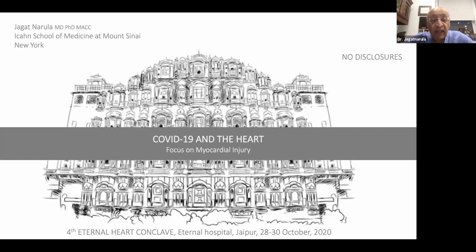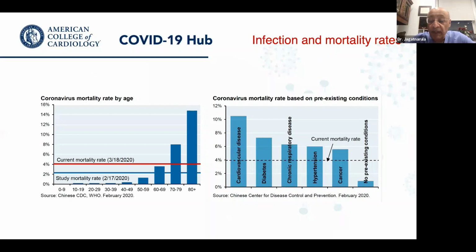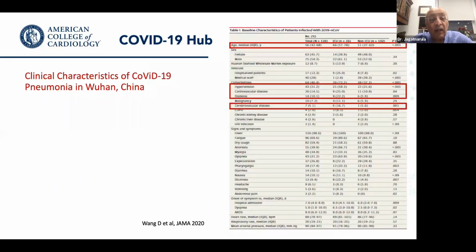Here I go once again, and this time it is on COVID-19 and myocardial injury. This is the very first report that appeared from Wuhan, China. As you can see here, older people and people who had cardiovascular disease or risk factors for cardiovascular disease